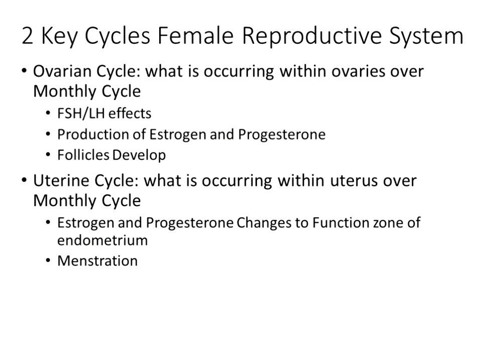All right, everybody, we are finally to the female, and I redid the slides a little bit, so I'll just start with, in the female reproductive system, we have the ovaries and the uterus, and so there are two key cycles every month that are occurring at the ovary and at the uterine level. And what's going on in the ovaries influences what's going on in the uterus, and therefore is the whole setup